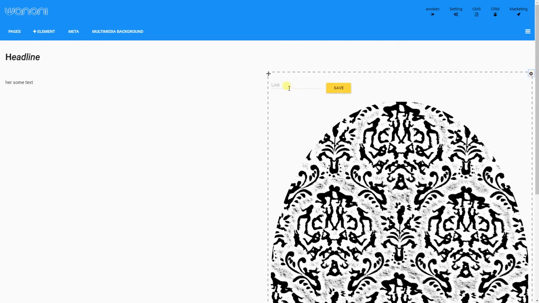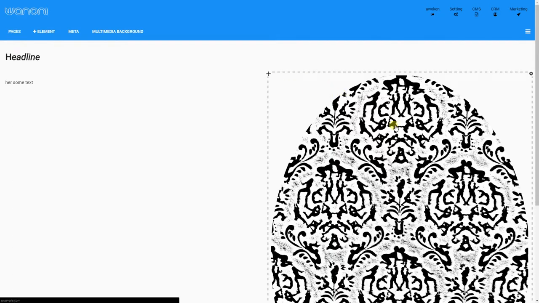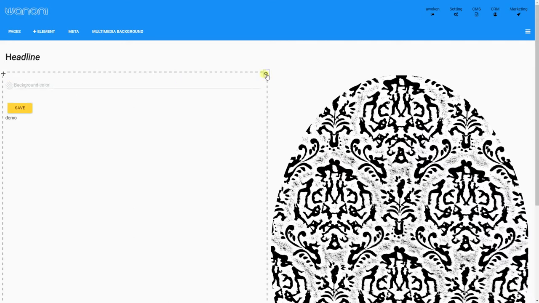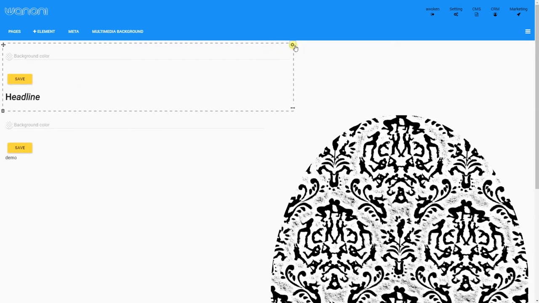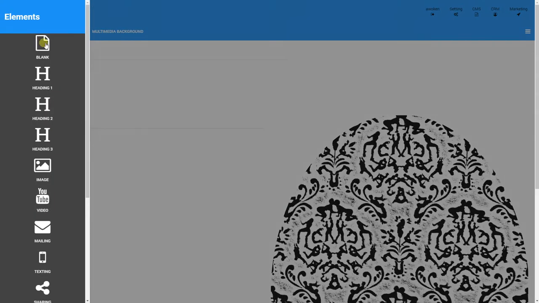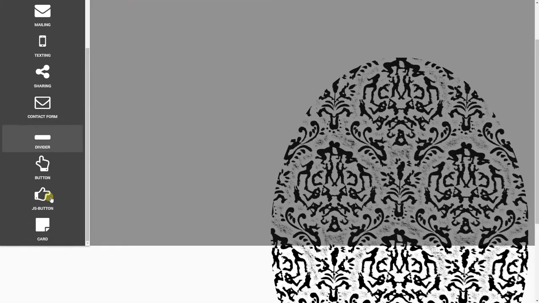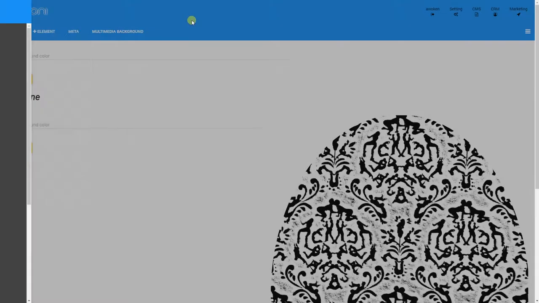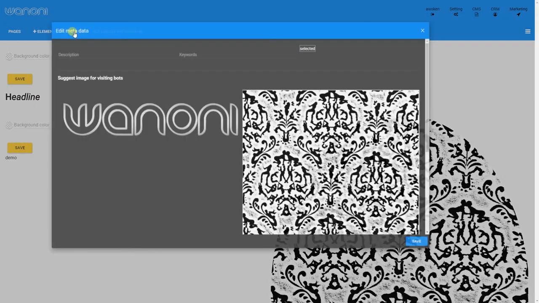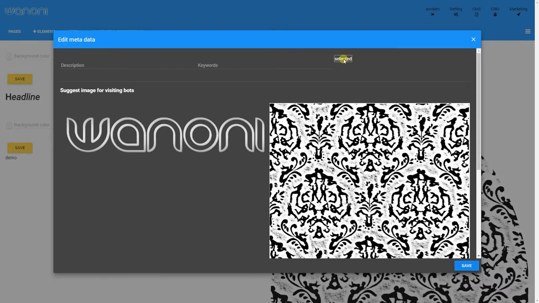Let's say I want to have a link on it, and I would just simply enter it. And from now on, it would take me to that system. And in the headline, for example, I have the background color as the only element. Now, as you can see here, I can add elements with this little button here. There are different forms of elements I can add, and with the meta, I can also have